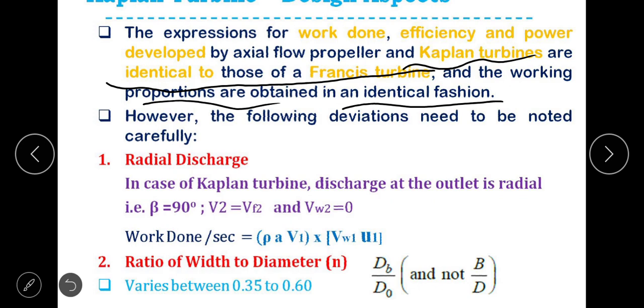Therefore, whenever the case comes axial flow propeller and Kaplan turbines, we need not have to go for derivation. In the sense, same derivation you can make use here also and you can derive. Suppose if derivation on Kaplan turbine is asked in the exam, you cannot write the answer like that. It is similar to reaction turbine. But at least you have to derive the expression for reaction turbine. So you have to derive for Kaplan turbine.